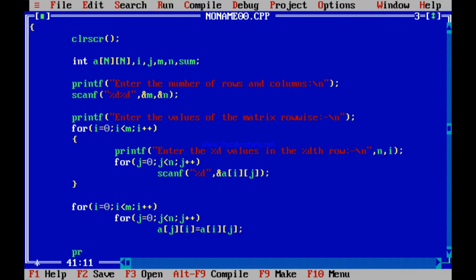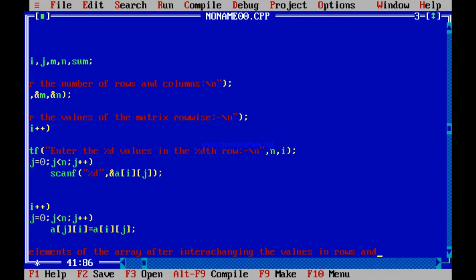Let's see. Let's try to printf the elements of the array after interchanging the values in rows and columns, that is transposition.